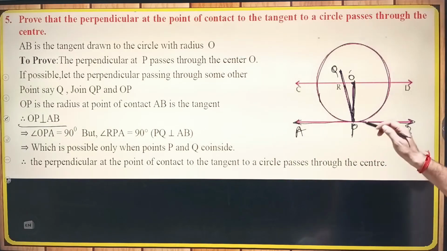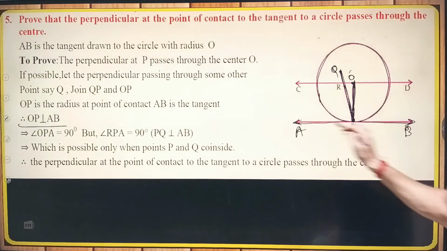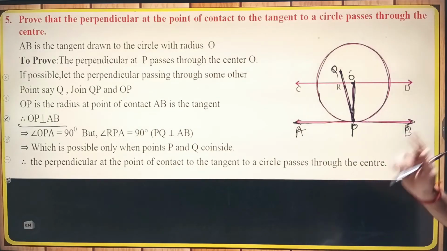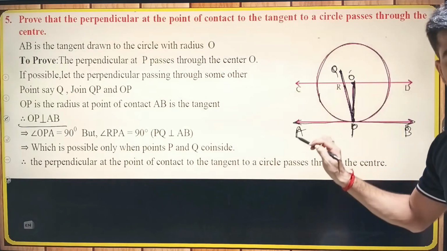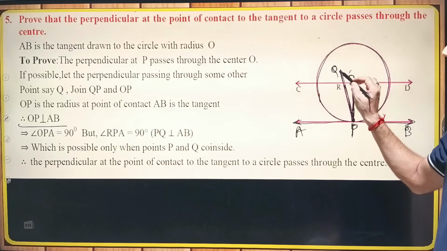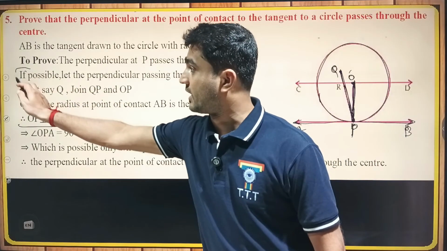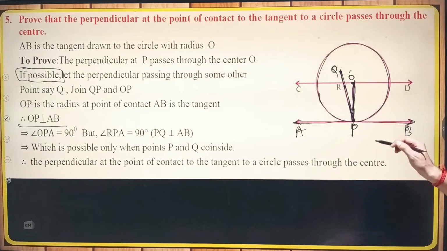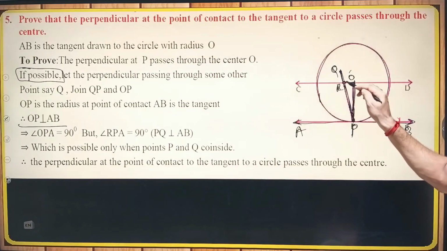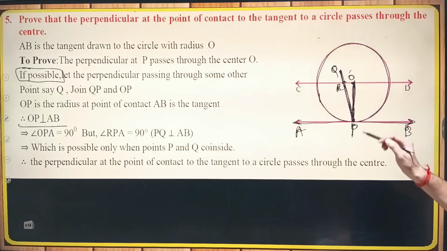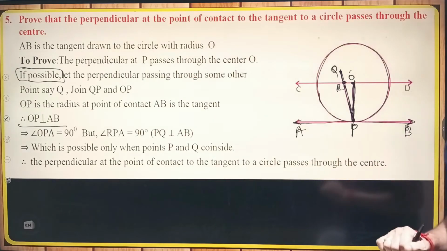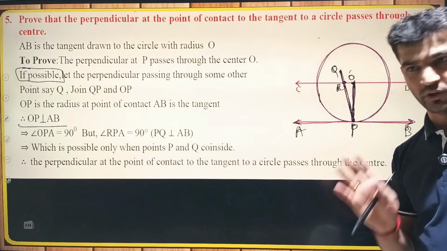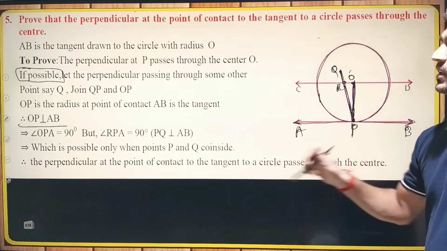After this, angle OPA, and even OPB, should be 90 degrees. In this case OPA is 90 degrees, but we used the words 'if possible' here. Let's take a point R. RPA is also equal to 90 degrees, I take it. I said 'if possible', so that is not true, it is just a hypothesis case. I take the condition. Therefore, what happens,